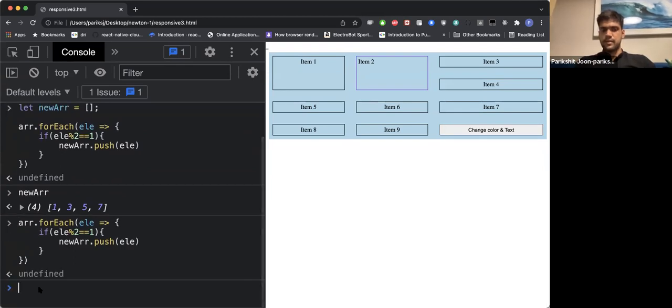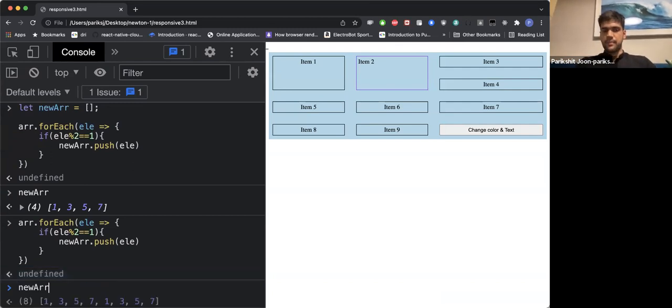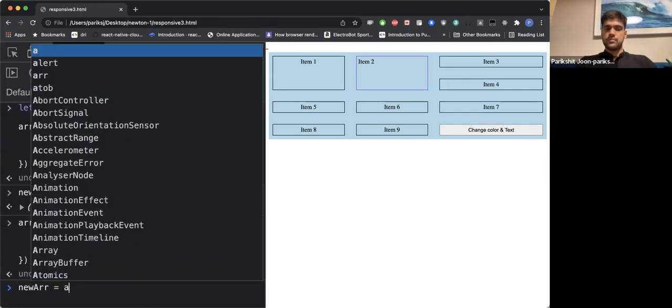If I press enter, यहाँ पे क्या लिखा है guys? Guys, what is written here? Undefined. इसका मतलब forEach क्या return करता है? कुछ return नहीं करता। अरे जो कुछ return नहीं करता वो undefined return करता है ना, so it returns nothing. Okay, so Shivam, आपका सवाल का जवाब, आपने बोला था ऐसे लिख दो,